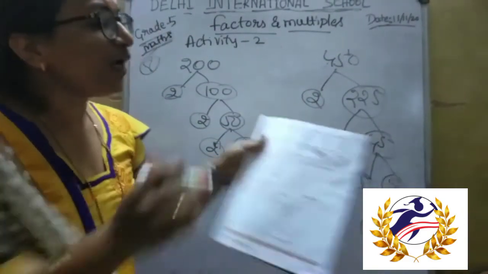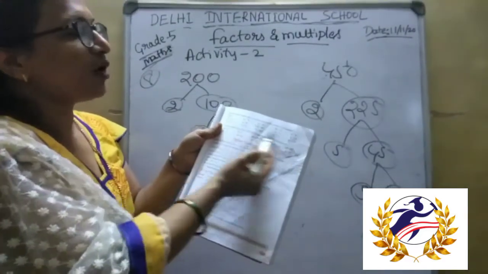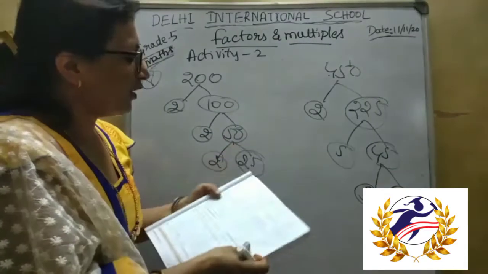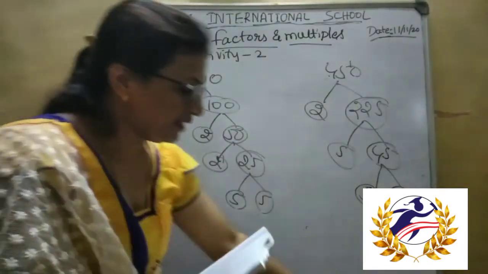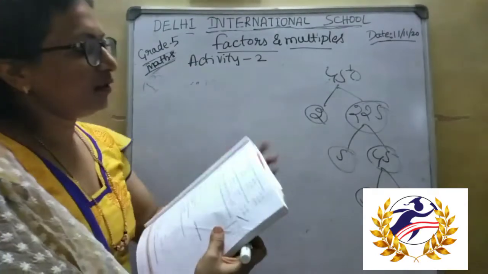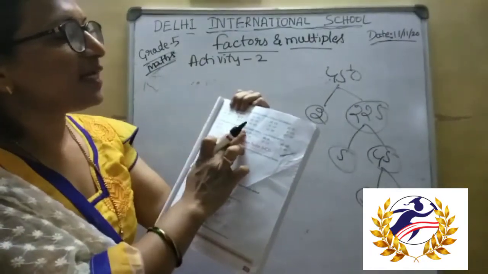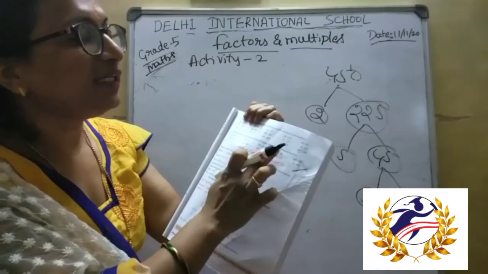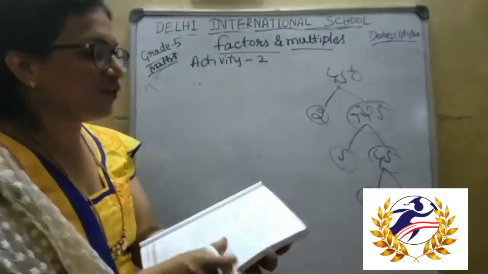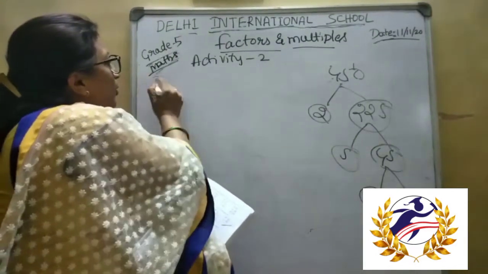In the same way you have to do all the problems of the 8th main. Okay, so then we will see the 9th main. That is, find the prime factorization of the following numbers using division method. They have asked to do it in the division method. Let us do the 9th main.